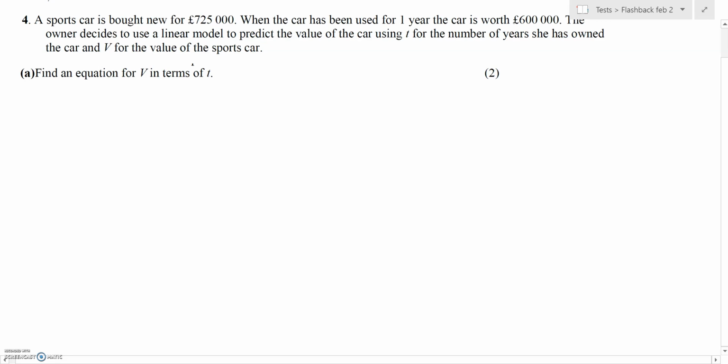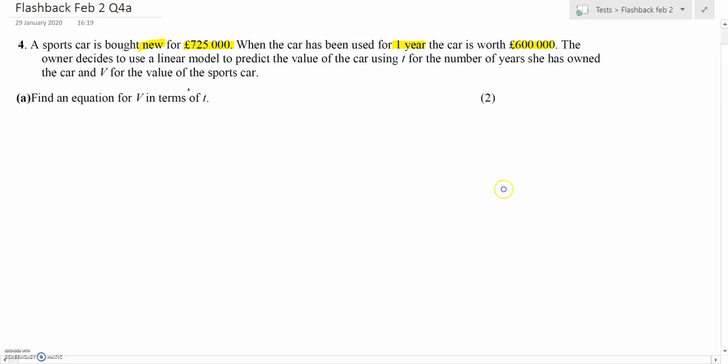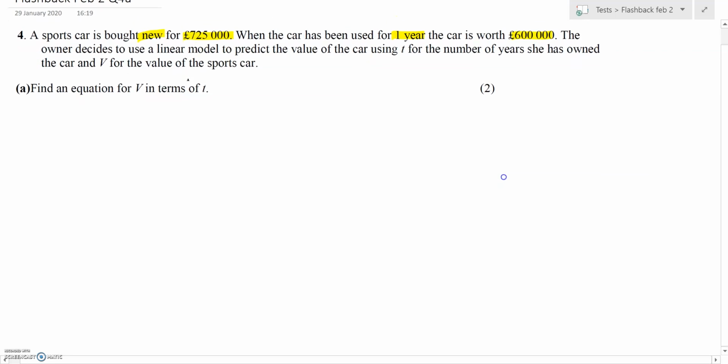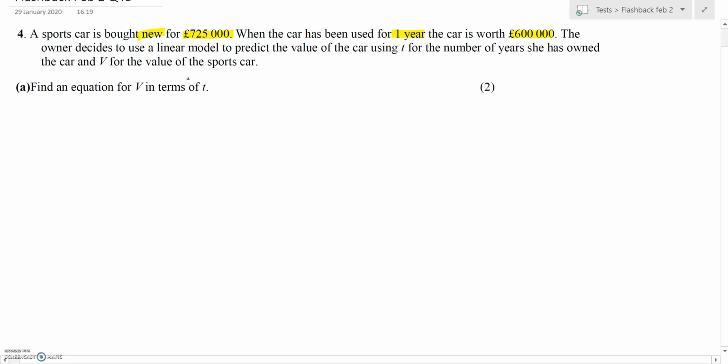Question 4. A sports car is bought new for £725,000. When the car has been used for 1 year, it is worth £600,000. The owner decides to use a linear model to predict the value of the car, using T as the number of years she owned the car and V as the value of the sports car. Key thing here is that she's using a linear model,